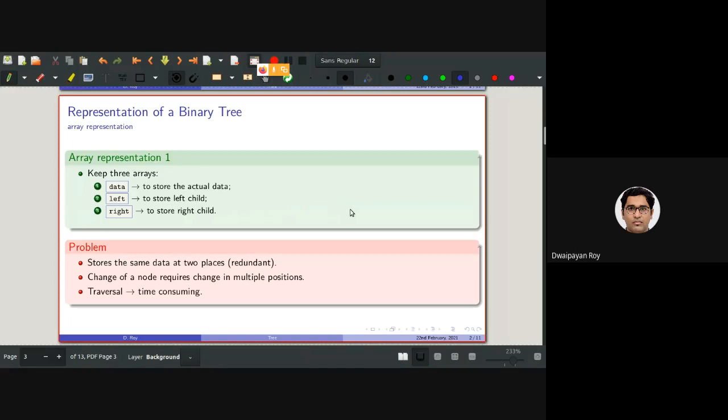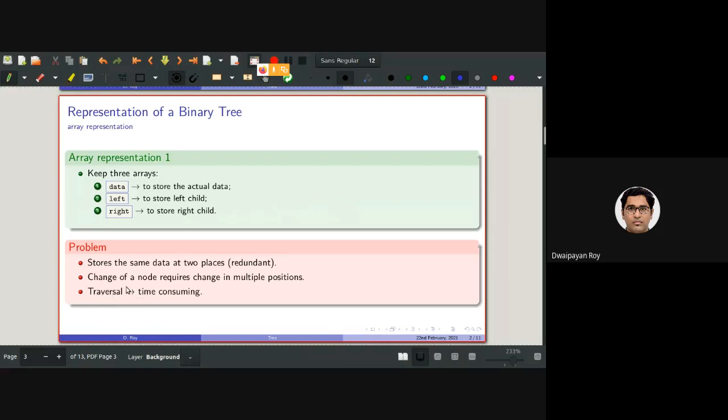The problem is it stores the same data at two places if I store the data. And also changing a node, if I want to update some items, requires changes in multiple positions in multiple arrays. And also traversal is time consuming.